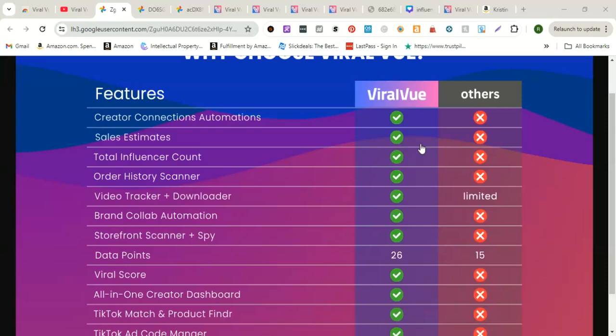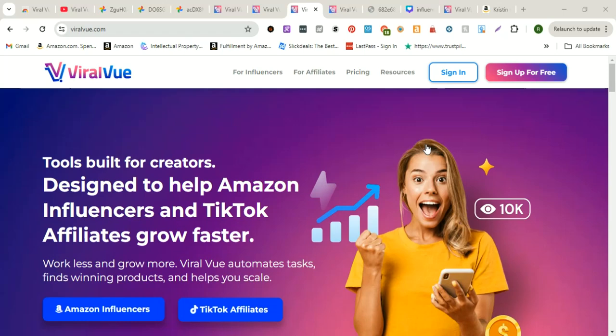Curious about how much Viral Vue costs and what each plan delivers? Let's break it down so you can decide what fits you best. Viral Vue supports creators at every stage, from total beginners to scaling pros. Think of it as an all-in-one toolkit for Amazon influencers and TikTok affiliates, with plans that grow as your content